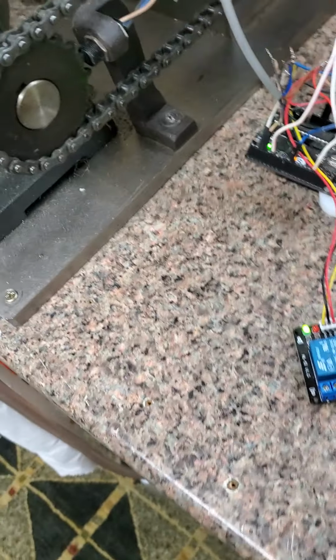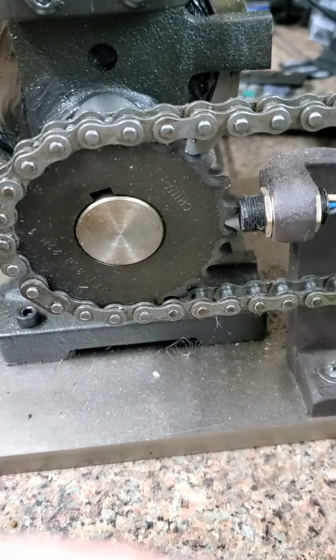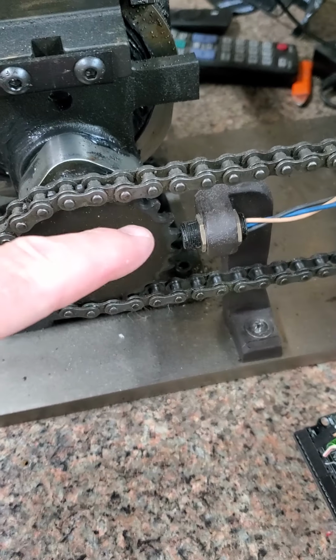Hi, so this is my press. First sensor I have on it is the Hall sensor to detect the sprocket. That should be on an interrupt on the Arduino. That's the main thing, that if a jam occurs on the press, that sprocket stops turning and that'll send an